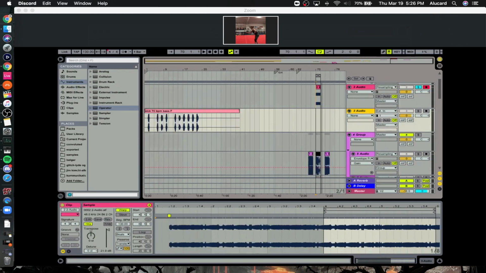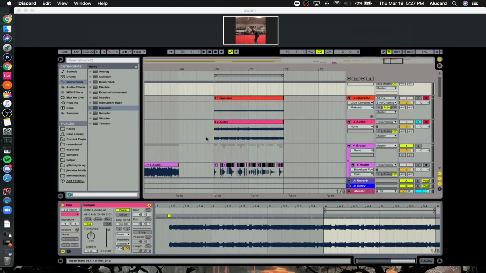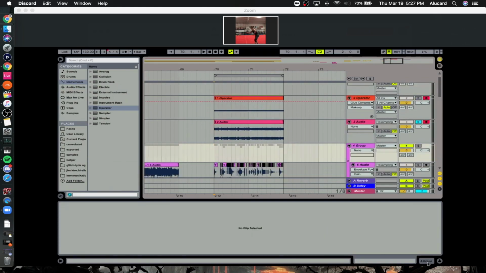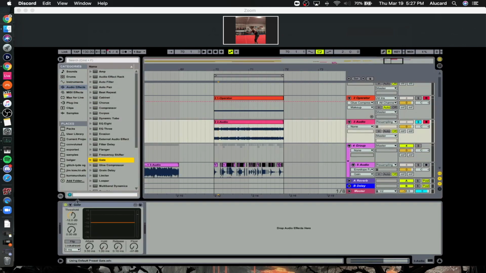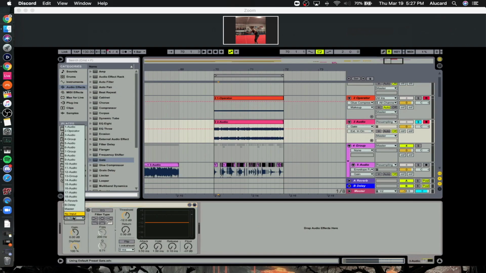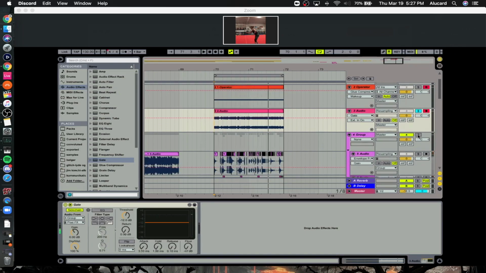Okay, this one up here. And a way to do that is just throw on a gate, then sidechain it to the group. It's weird how when a group is muted or when a track is soloed